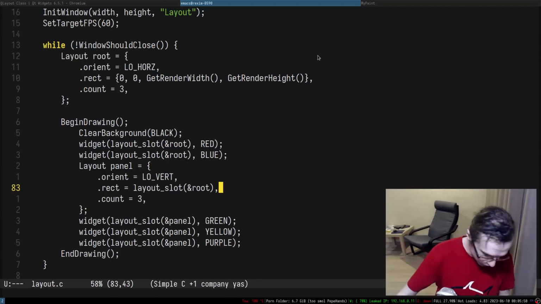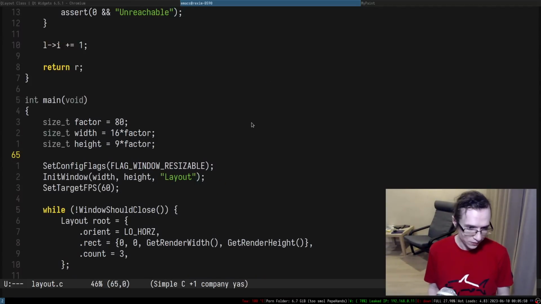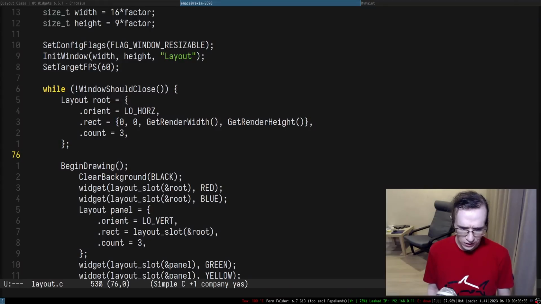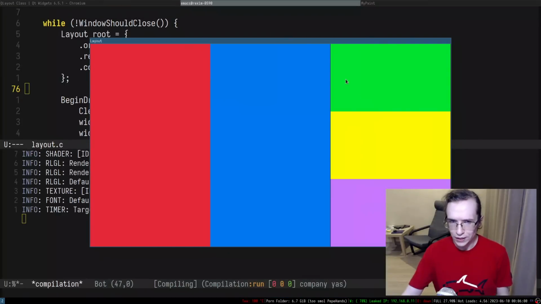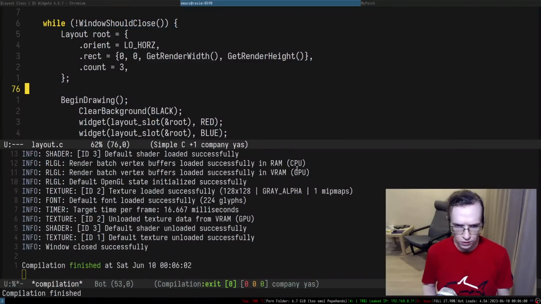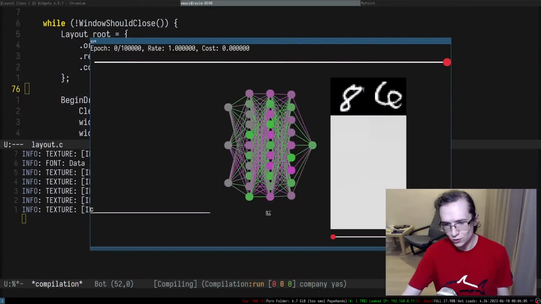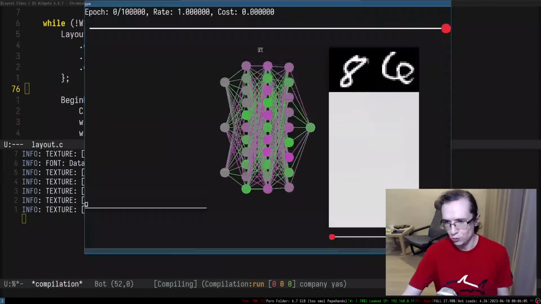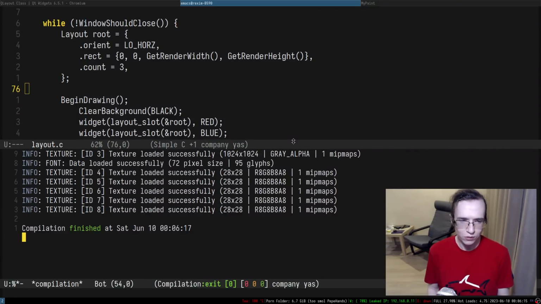All right, so let's try and introduce the stack. How about that? Before we introduce the stack, I kind of want to replicate the look of the UI as it was in the original application, because in this one there is a little bit of padding on top and at the bottom. There is a little bit of padding, and I put these elements within that padding. So I kind of want to replicate that.